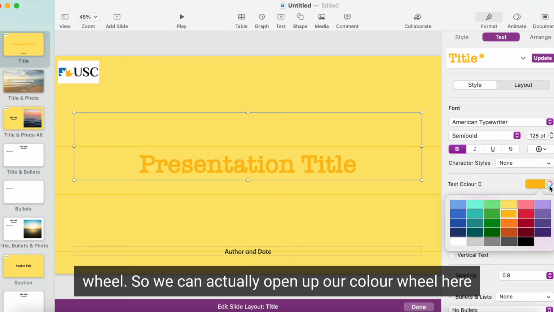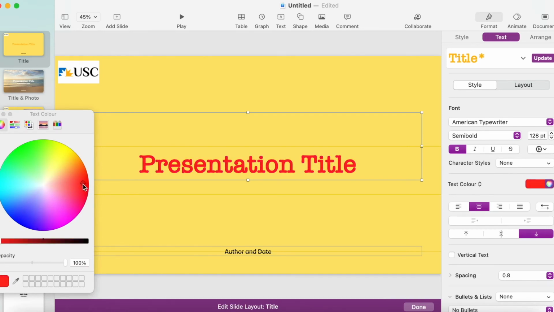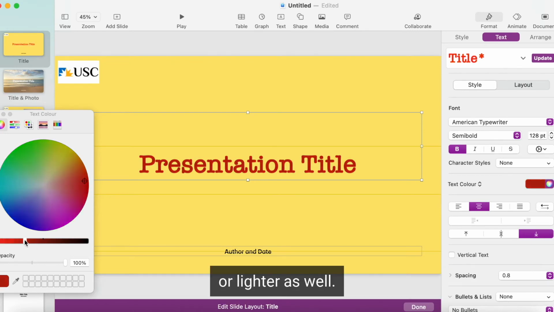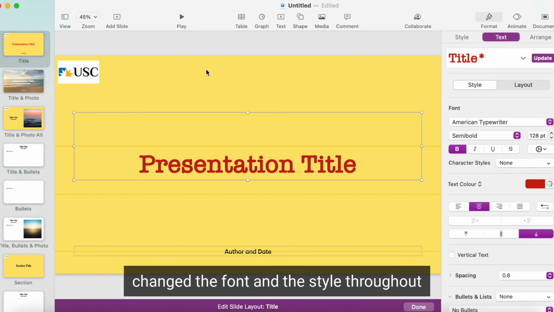So we can actually open up our color wheel here and maybe go with a nice dark red, and here you can actually choose to make it darker or lighter as well. So go nice deep red for that, and that has automatically changed the font and the style throughout every title